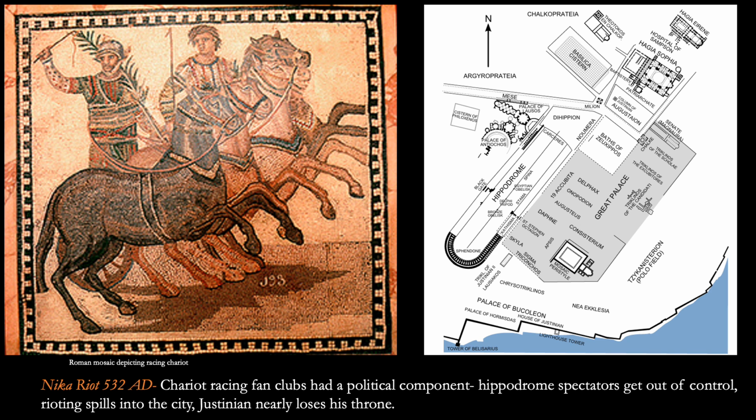As you can see in Constantinople, the Hippodrome was right next to the great palace of the emperor. And the emperor would come out in his imperial box. And like the gladiatorial shows, this is one of the very few places where common people could actually see and interact directly with the emperor. If they chanted a chant, the emperor would hear it. And so sometimes they did chant political chants at these things to try to get their opinions heard and understood